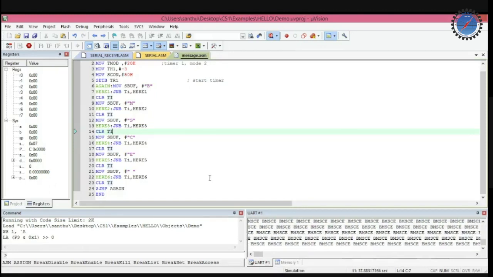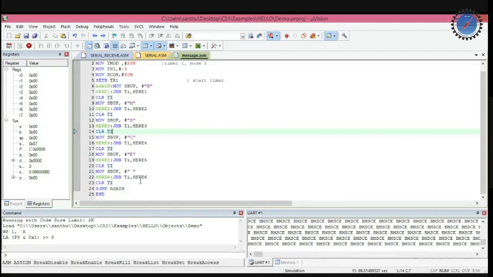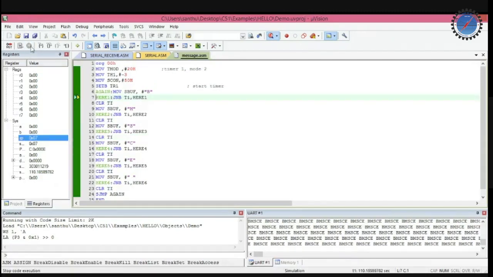If you want to transmit it one time, two times, or three times, you can include a count value by taking the R0 or R1 register. You can use the DJNZ instruction to restrict how many times you want to transmit that particular message. Now I'll stop this. This is the program to transfer more characters. If the number of characters is still more, you can go for the DB data directive and the MOVC instruction to load the message into the accumulator and from the accumulator to the SBUF register. That also works fine.